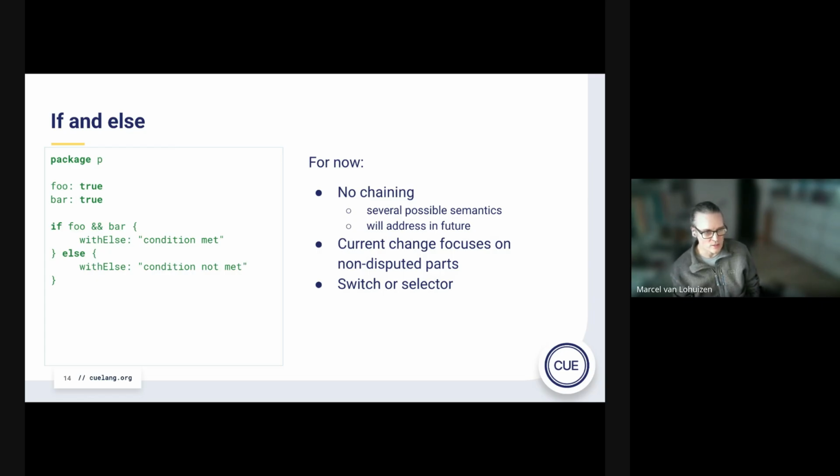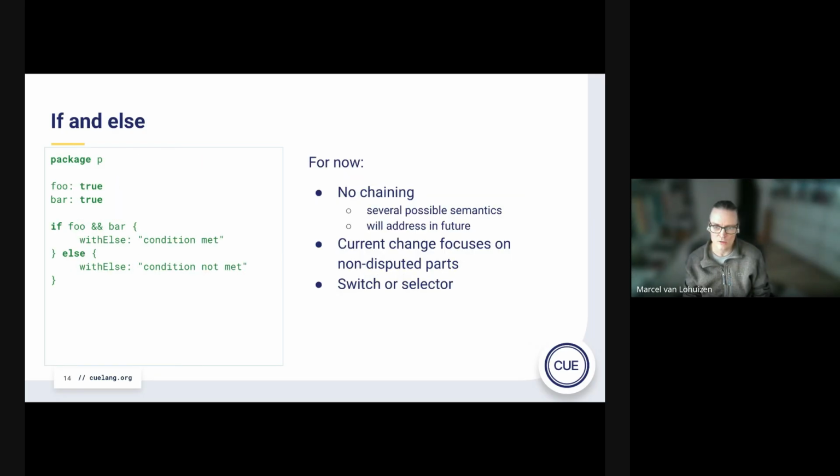And also the question is, if you get into long chaining, wouldn't a switch or a match operator be better and more general? So it's actually what we've implemented now. It's quite trivial. It's a small language change, I would say, but else if would be quite substantial. So that's strangely enough.